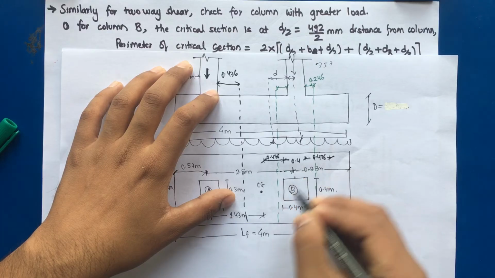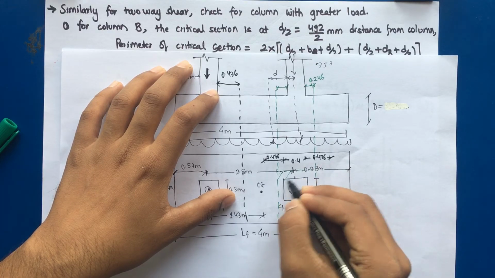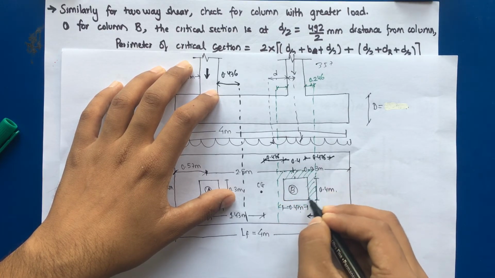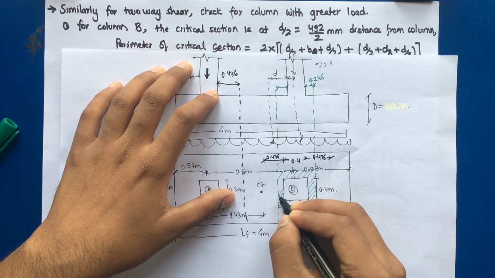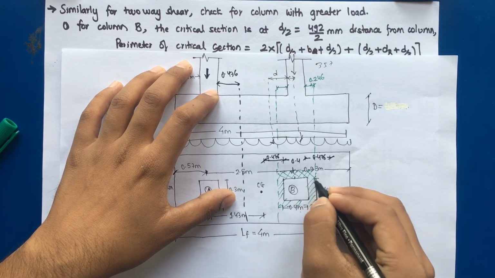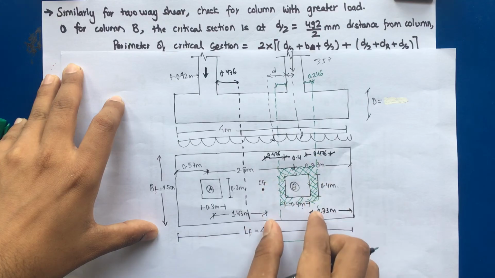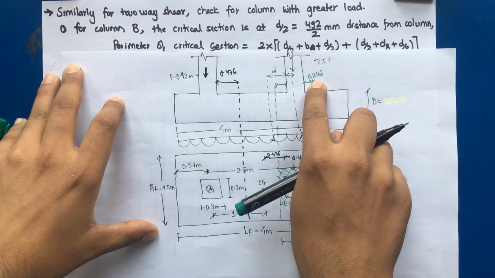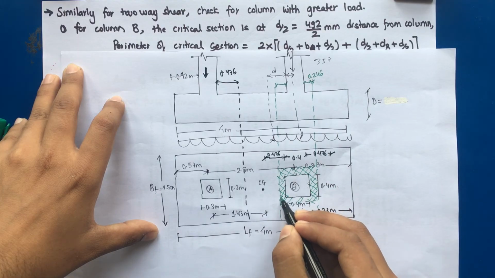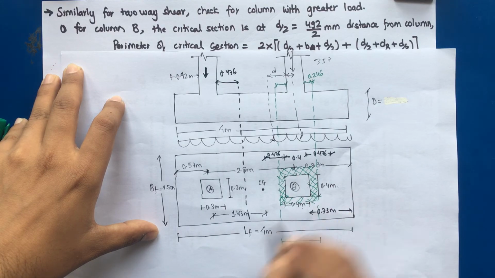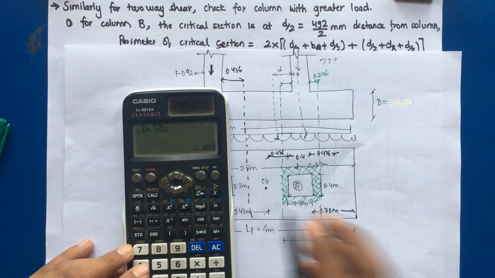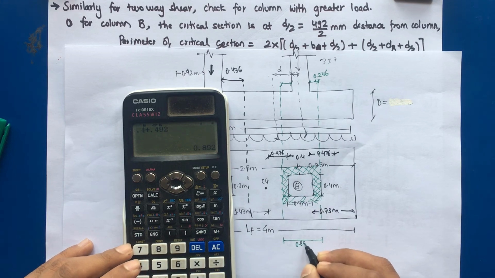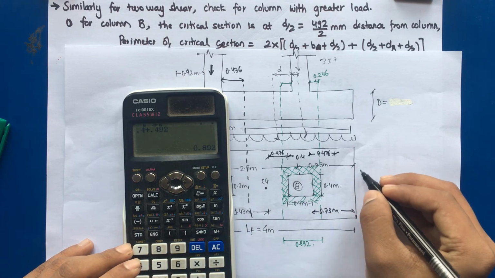Similarly in this direction as well and in this also. So this will be the tributary area for two-way shear check. The length of the tributary area is 0.246 plus 0.4 plus 0.246. So this is 0.892